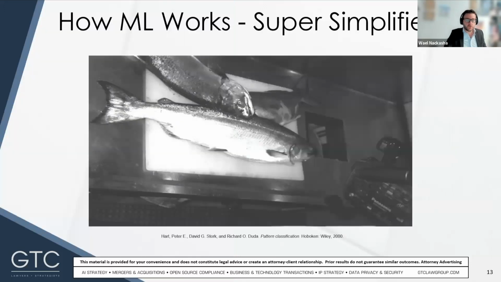So this is a super simplified example that comes from one of the foundational pattern recognition textbooks. In this example, we have a fish packaging plant that automates the process of sorting incoming fish on a conveyor belt based on species. The fish are sea bass and salmon, and the task is to separate the fish automatically based on the camera input. Just to emphasize, of course, this is not a crash course on machine learning, but the main point here is hopefully to make you appreciate how big and sophisticated those GAI models are.